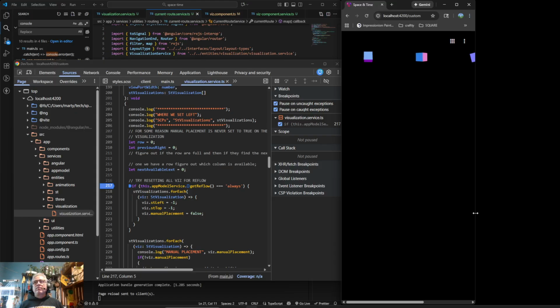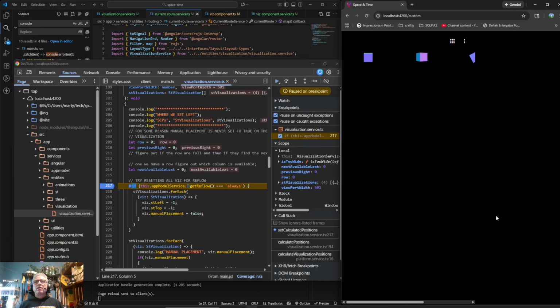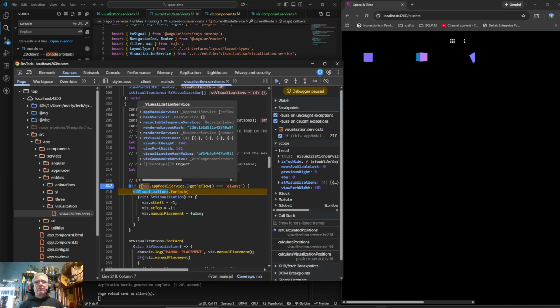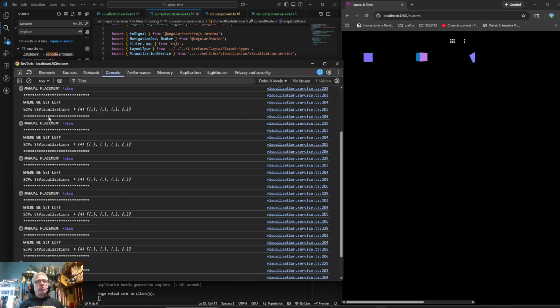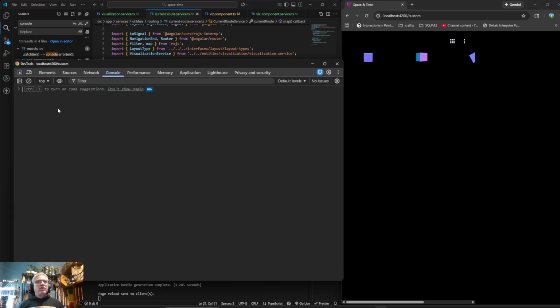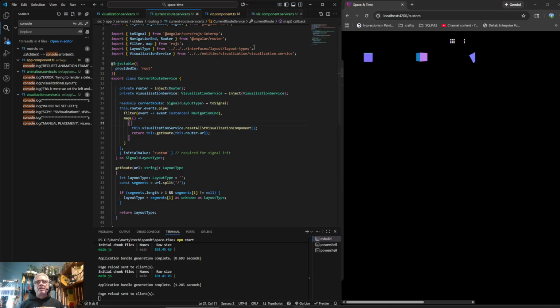So am I already in the debugger? What's going on? Okay, so we're here. So let's see if we get in here. So we could test to see this, right? We can just go right into the console, clear this. You don't have to clear it, but then you can execute it and see, okay, so we did get an always, which makes sense because, oops,